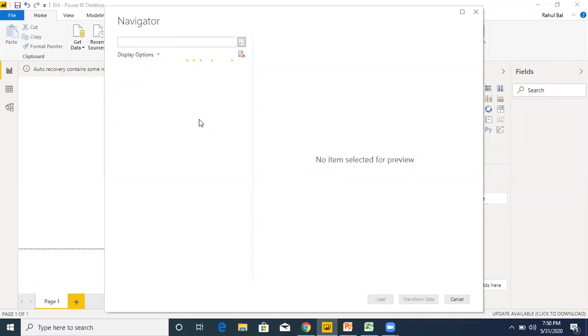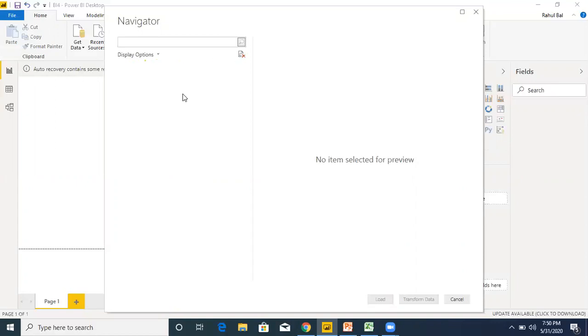Now it is moving towards the navigator page. Since the number of rows are larger, so that's why it is taking some time to load the data.